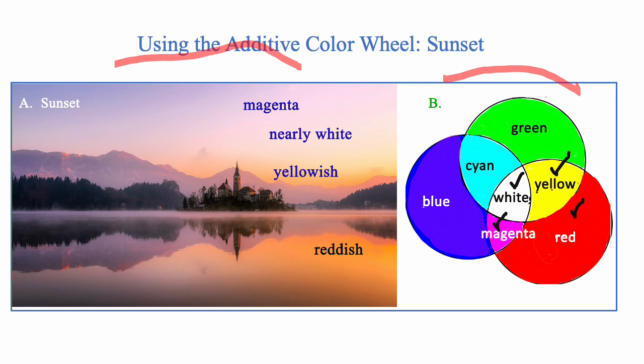So near the horizon, light travels through the most atmosphere, so blue light is lost first. And that leaves red and green light, which together makes yellow. You can see it's the intersection of red and green. So that's why it's a little yellowish at the horizon. Now in the upper sky, the light goes through less air, so some of this blue